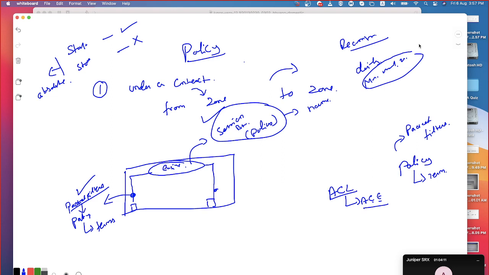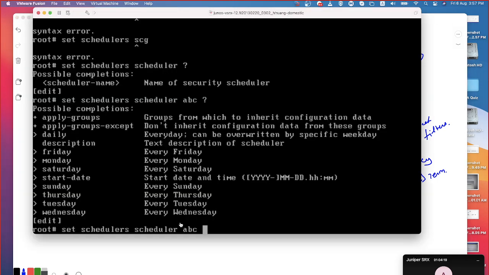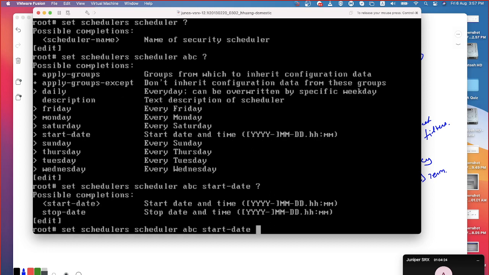And then this schedule needs to be associated to the policy. Don't forget that. Just by creating the schedule is not going to help you. For example, I am creating a schedule here, ABC. Start date: let me say today is the 6th, 2021, month 08, date 06, hour 09, minute 00.